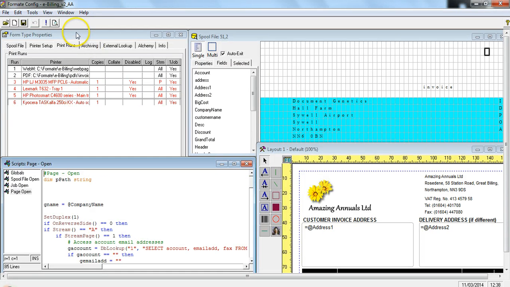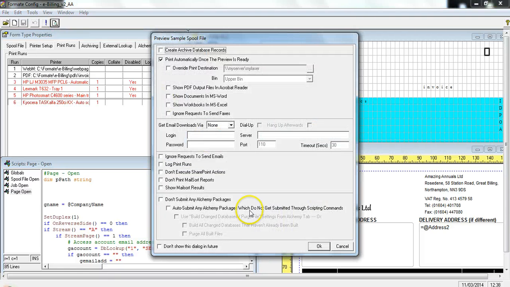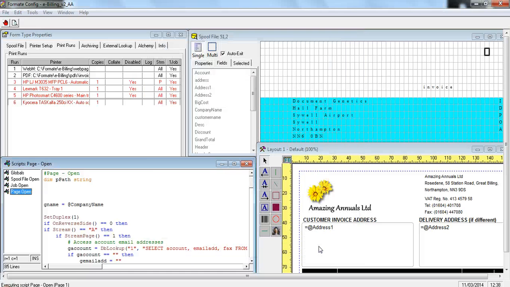Once we're finished with our form type, we simply save it, and at this point we can actually preview it if we want to by going to our preview window and running a preview. And in this case it runs the full job from start to finish, and we can pick up any errors immediately. So if we run that now, down the bottom here we'll be seeing